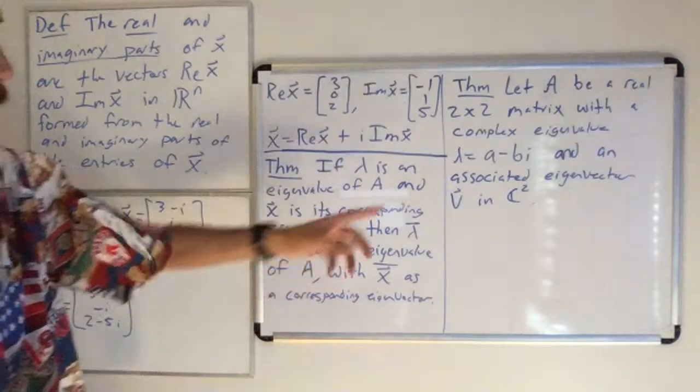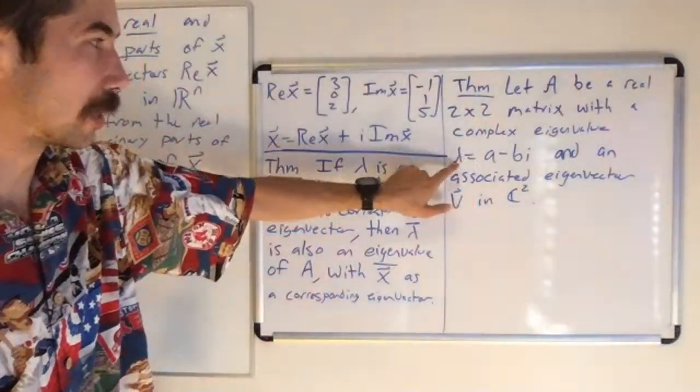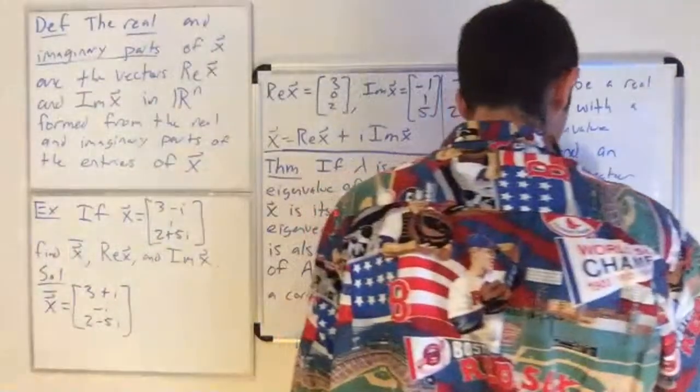Okay, so this is our setup. We have a 2 by 2 matrix, we have a complex eigenvalue and its associated eigenvector we call v. The theorem says